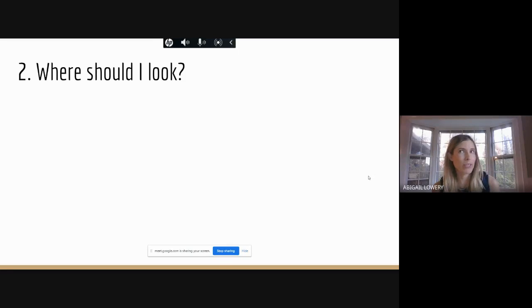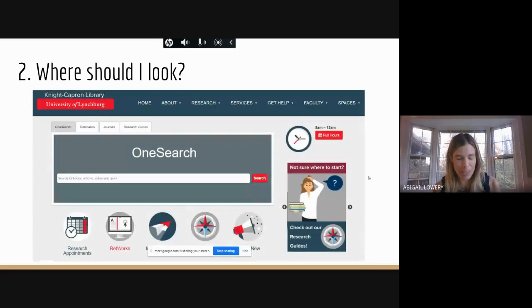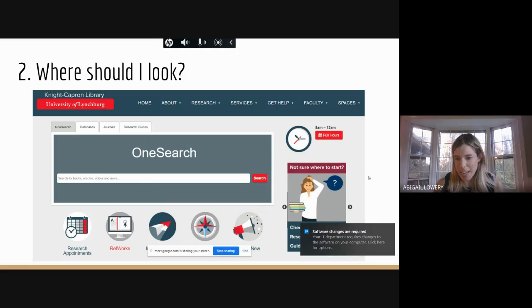I know that some of you just screamed Google, and that's fine, fair enough, but tonight we're going to look at the library. And hopefully this is not the first time you have seen the library website. There's the homepage for you laid out. If you're not familiar with the library website, I would recommend that after we're done tonight,